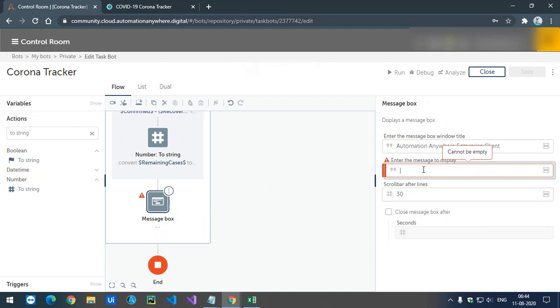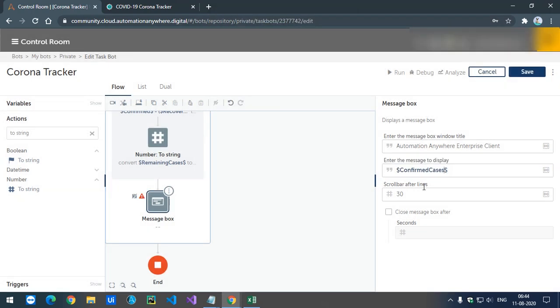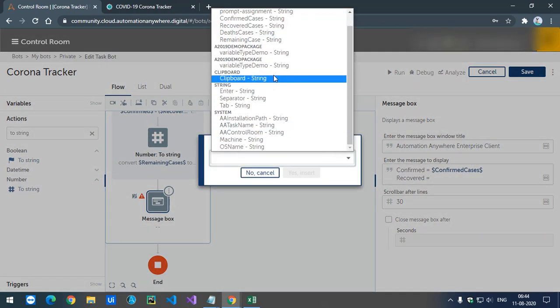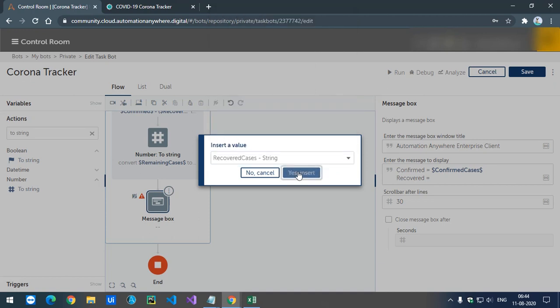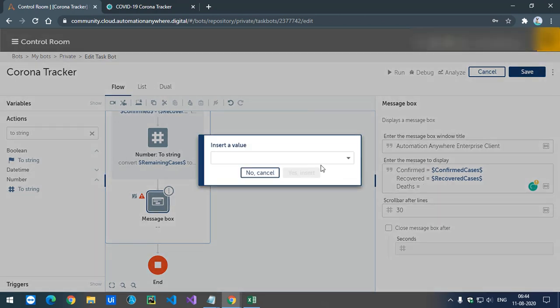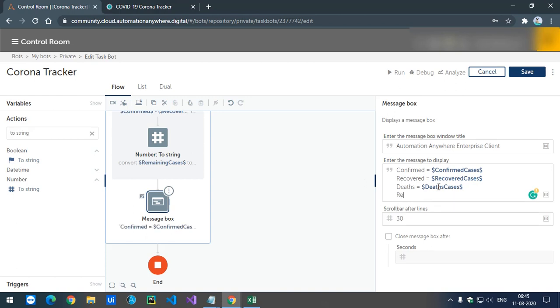I'll go here, first show the confirm cases, then recovered cases, then deaths, and the last one is the remaining, our name is active cases.